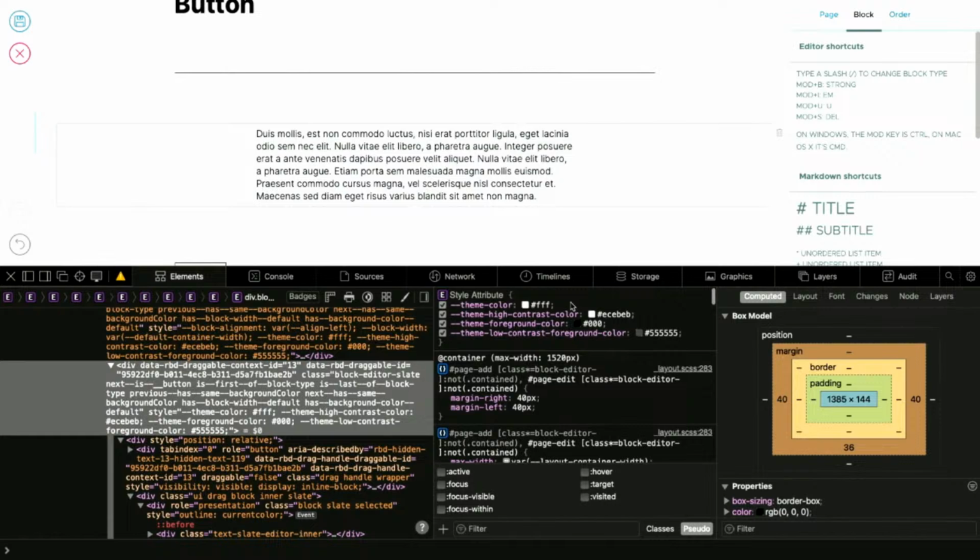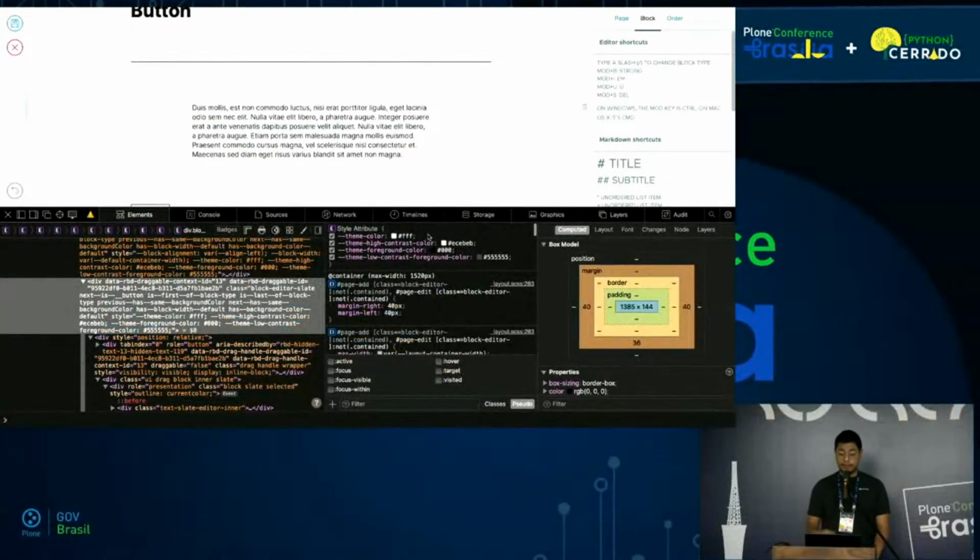Here we can see the first custom prop called theme color. We have another one that is called